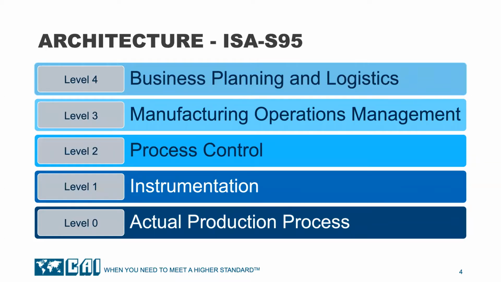Some of you may not be familiar with it, but ISA S95 is a standard for integration. It is a template that I will use to define the relationships between systems used in our example manufacturing facility. I've heard it described as the flow of information from the shop floor to the top floor. This standard also makes a nice overlay for our discussion of advanced analytics.